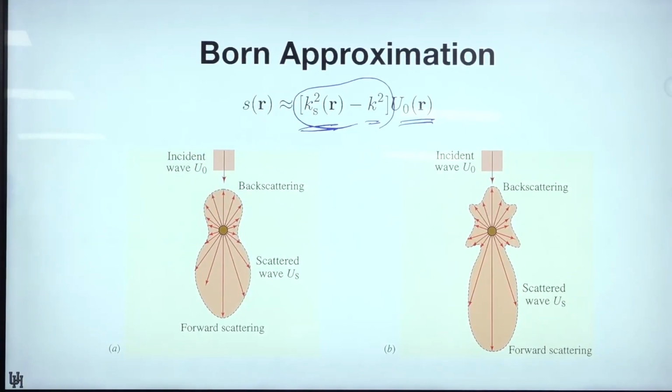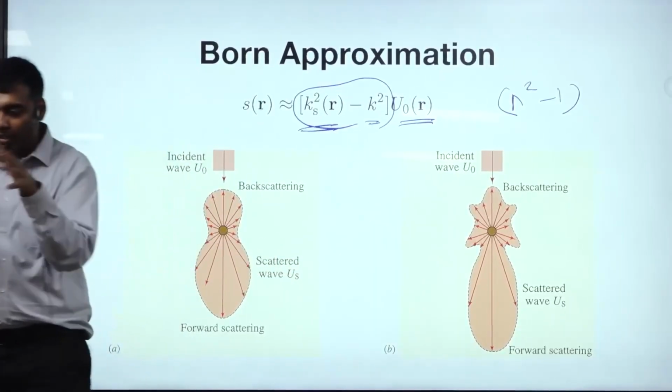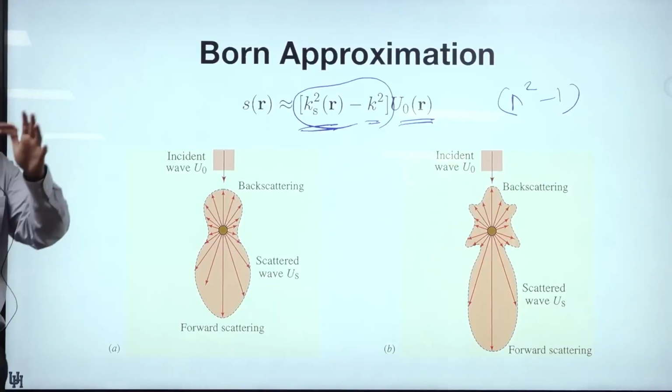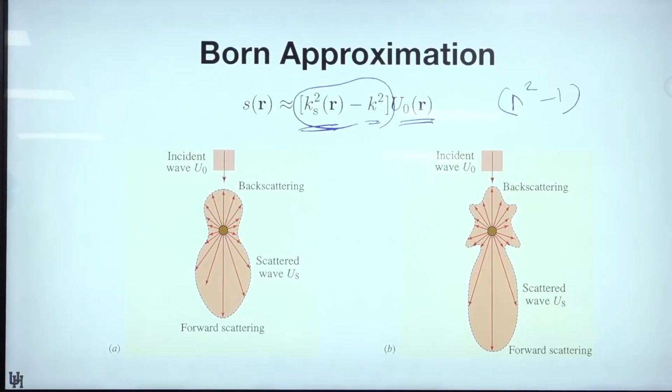It's related to the refractive index squared minus 1, in many situations. So if you know the refractive index profile, say you have an object where the refractive index is not constant inside, it has some small variations. As long as you know the variation of refractive index inside the material,